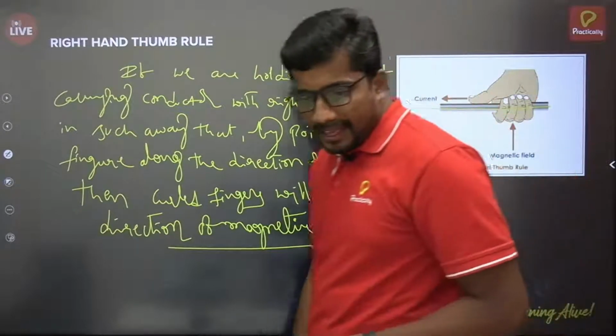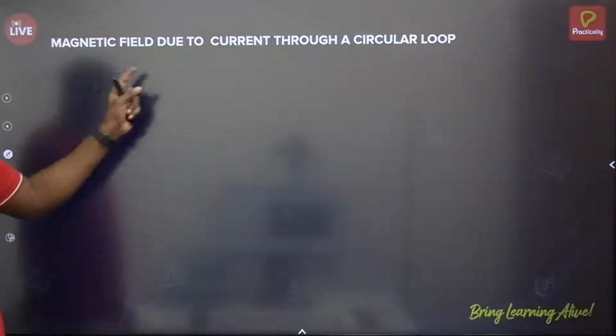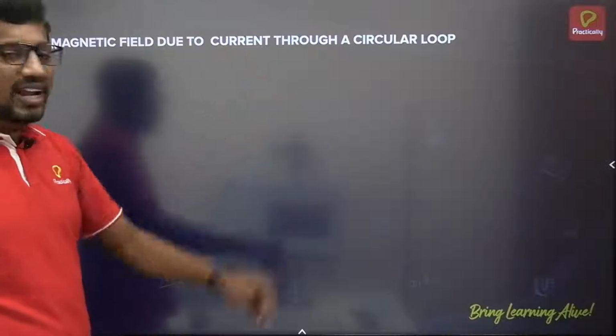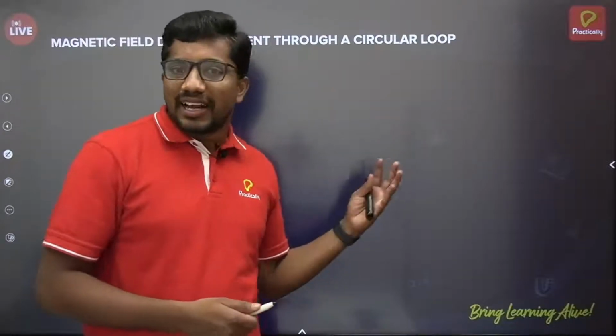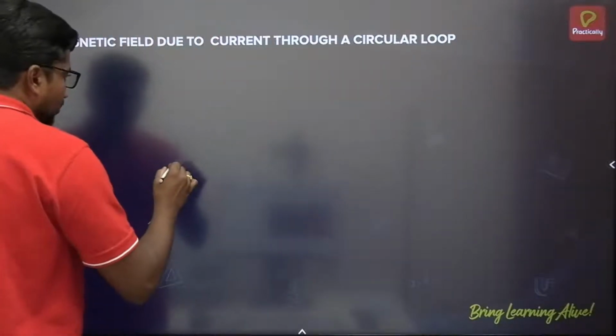Okay, all right, then next one: field due to a current carrying field due to current through a circular loop. Circular coil, these current carrying conductors will be of many types. Straight conductor we have seen, and circular conductor if you take, which consists of so many number of turns. In that number of turns, I'll take one loop, one single turn. So if I take the single turn,